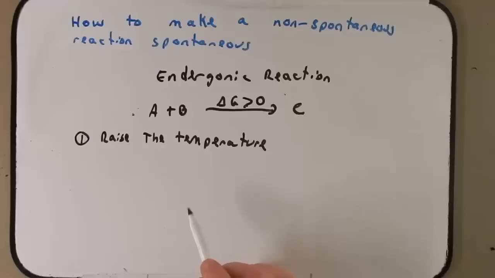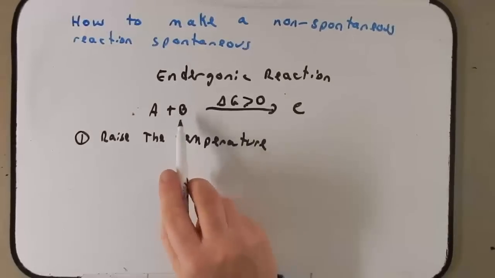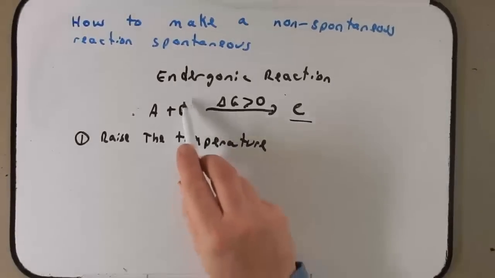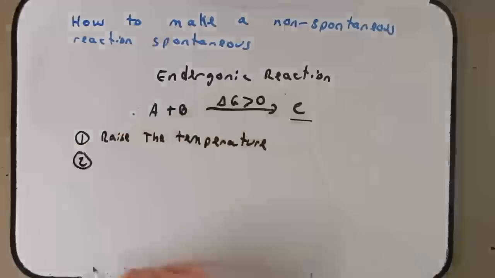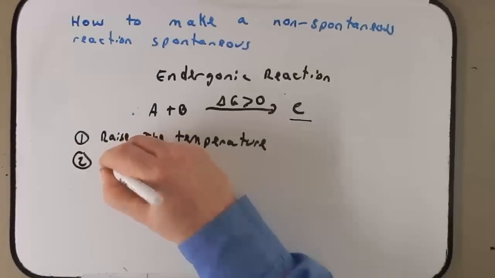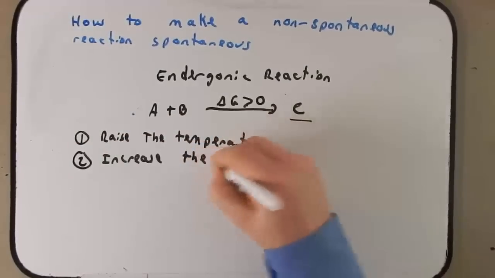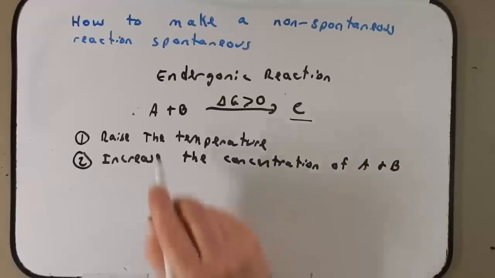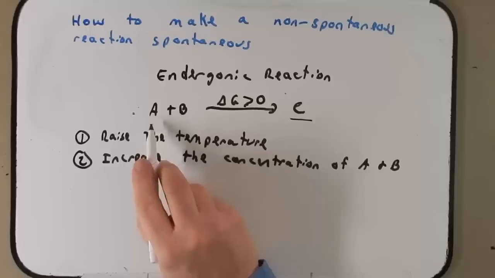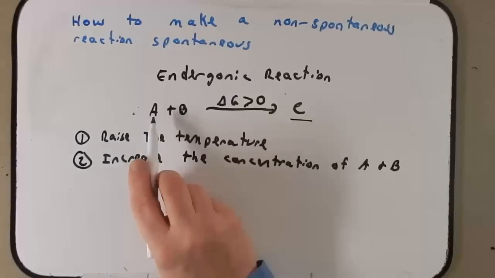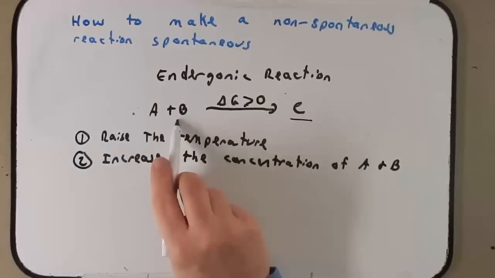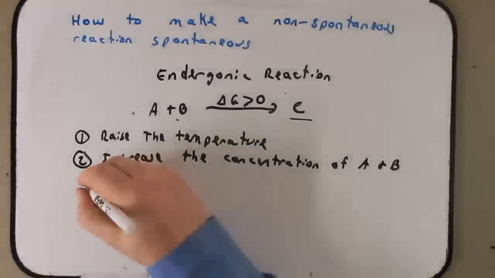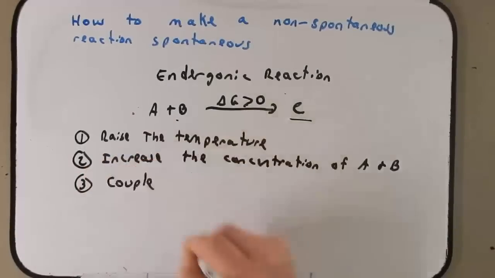By raising the temperature, A and B are more likely to collide with each other to produce C. Another way to increase the energy in this system is to increase the concentration of A and B. If we have more A and B, there's going to be a greater probability that they'll collide with each other to produce C. And the last way here is to couple